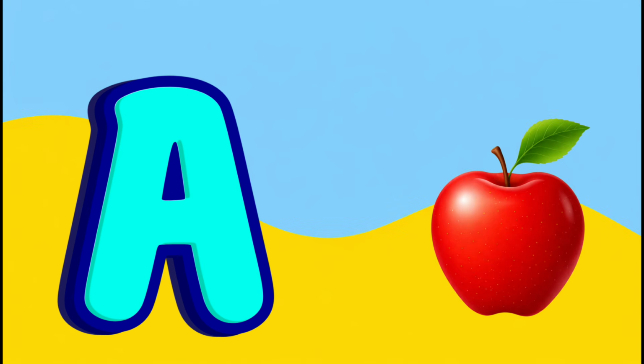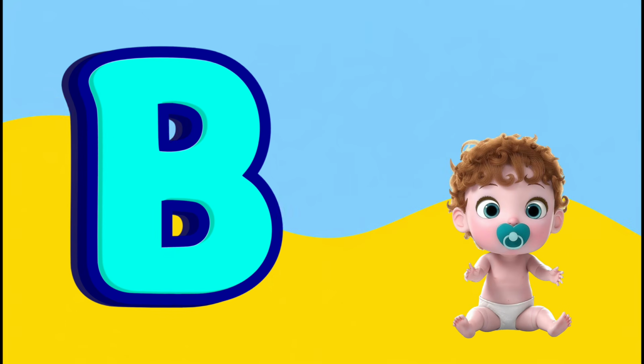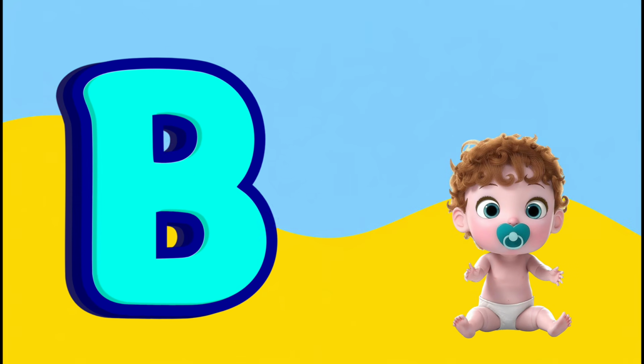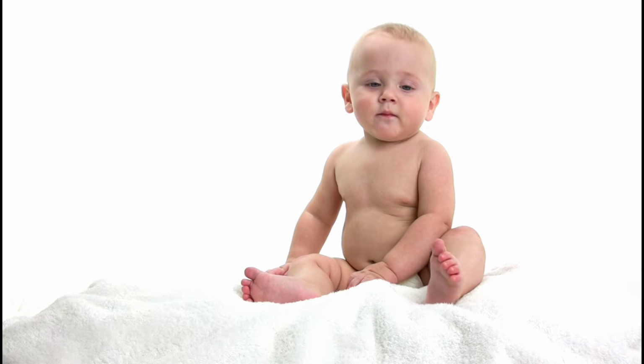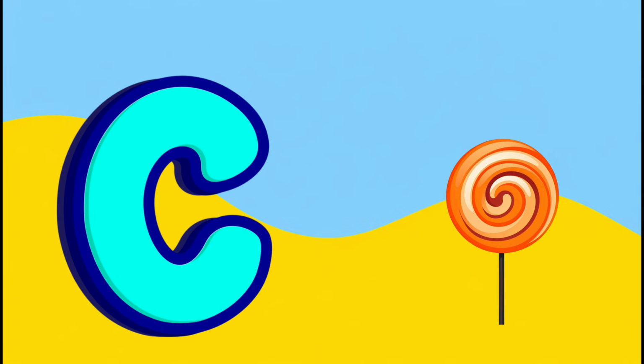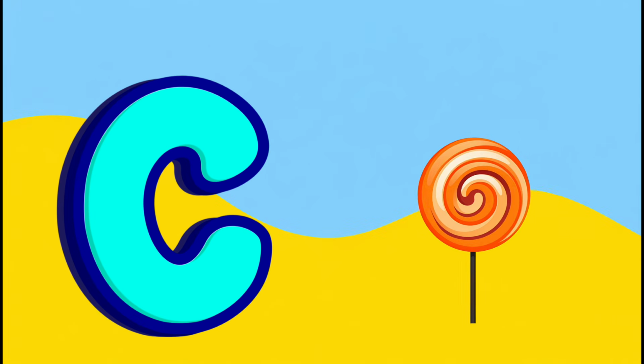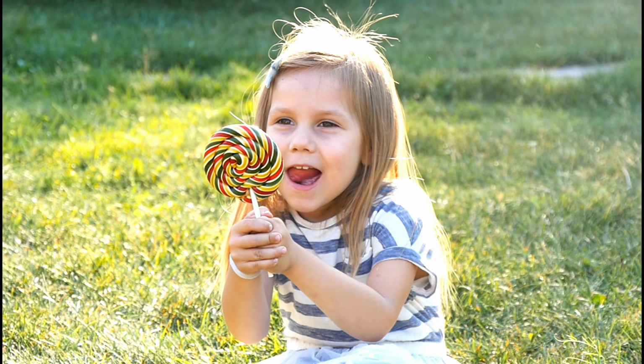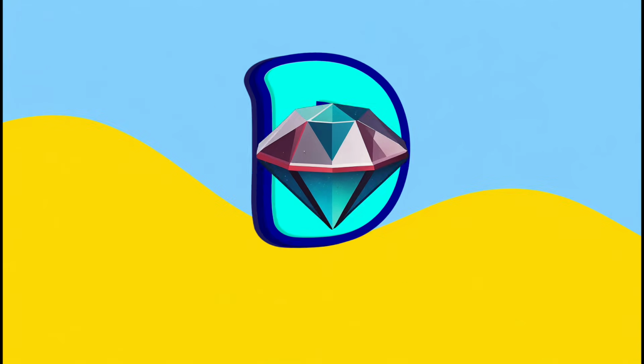A is for apple, apple, apple. Red apple. B is for baby, baby, baby. Small baby. C is for candy, candy, candy. Cool candy. D is for diamond,